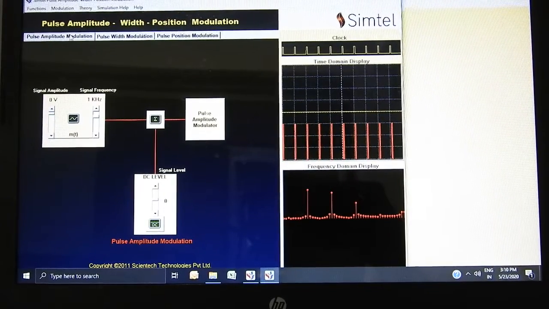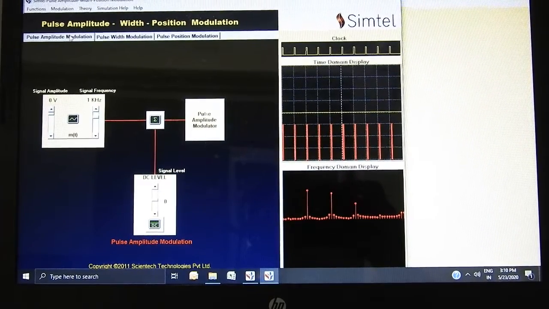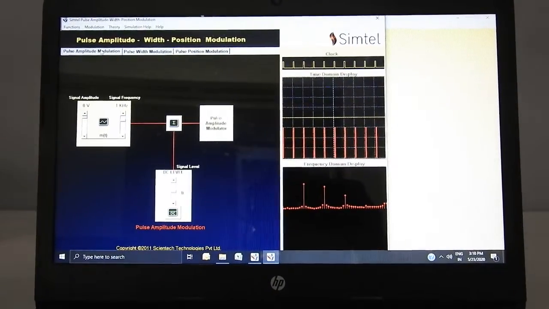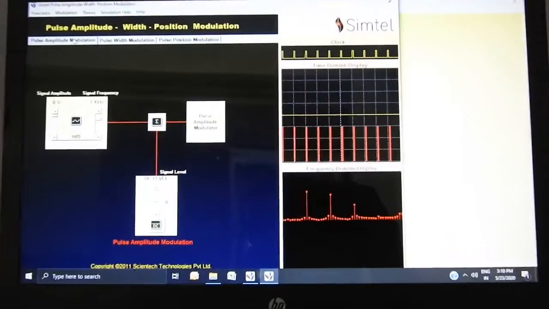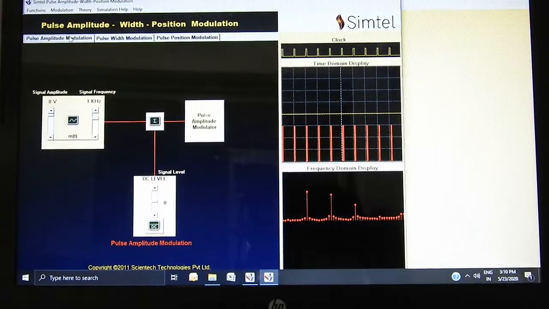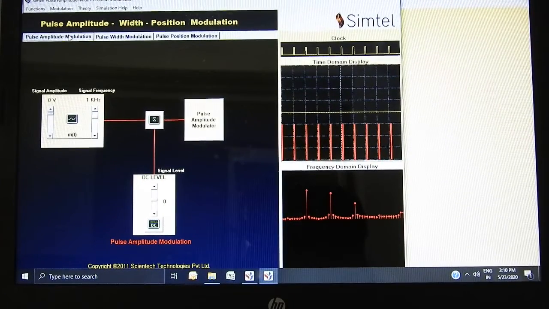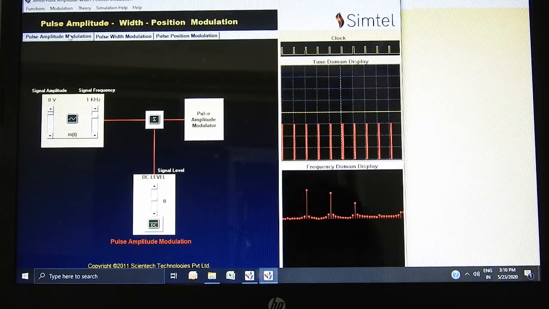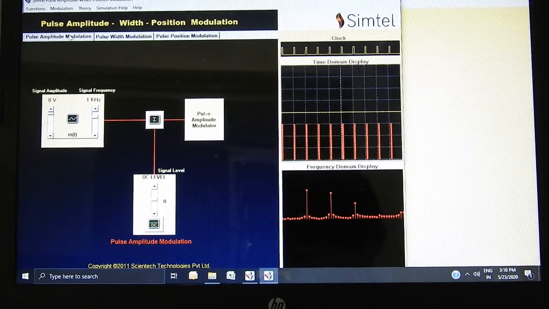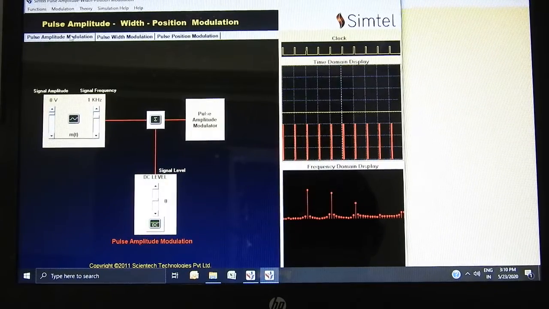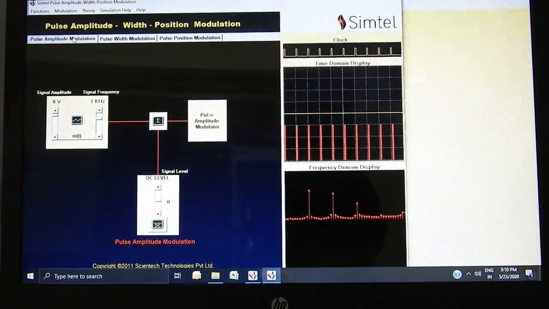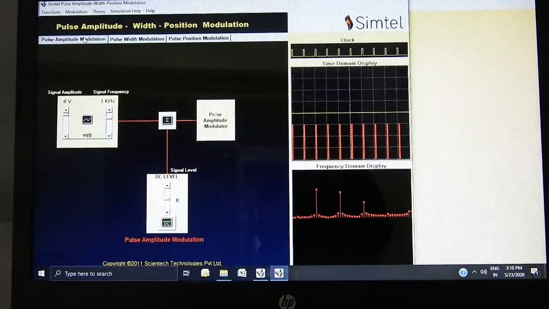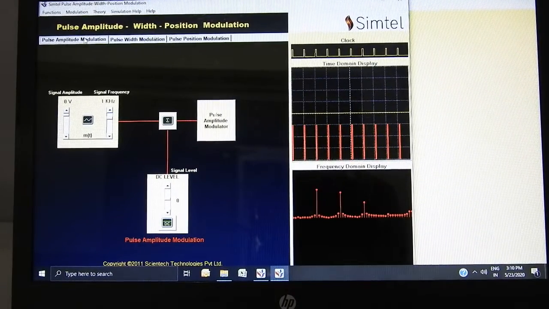Let us understand what is pulse modulation. Now, if we see in a broad way, pulse modulation is also divided into two broad categories. One is pulse analog modulation, another is pulse digital modulation. In pulse digital modulation, it is basically pulse code modulation, where